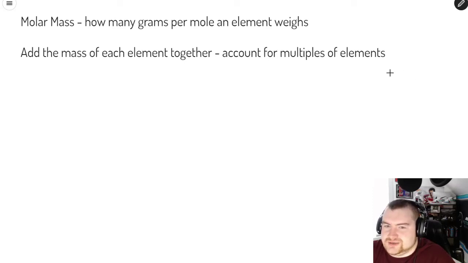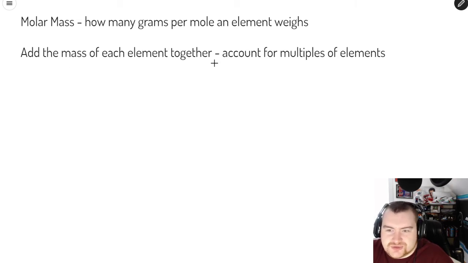All right, welcome back. Today we're talking about molar mass. The molar mass is how many grams per mole that an element weighs. So instead of saying how many molecules or how many liters, we're looking at the unit of moles. So we're going to say, how many grams does 1 mole of a compound weigh? And how we figure that out is we just add the mass of each element together while accounting for multiple